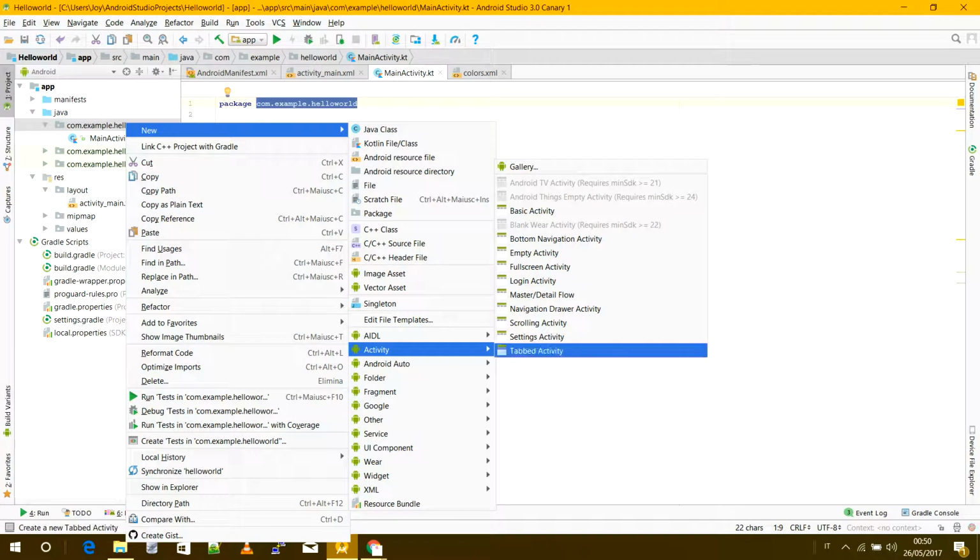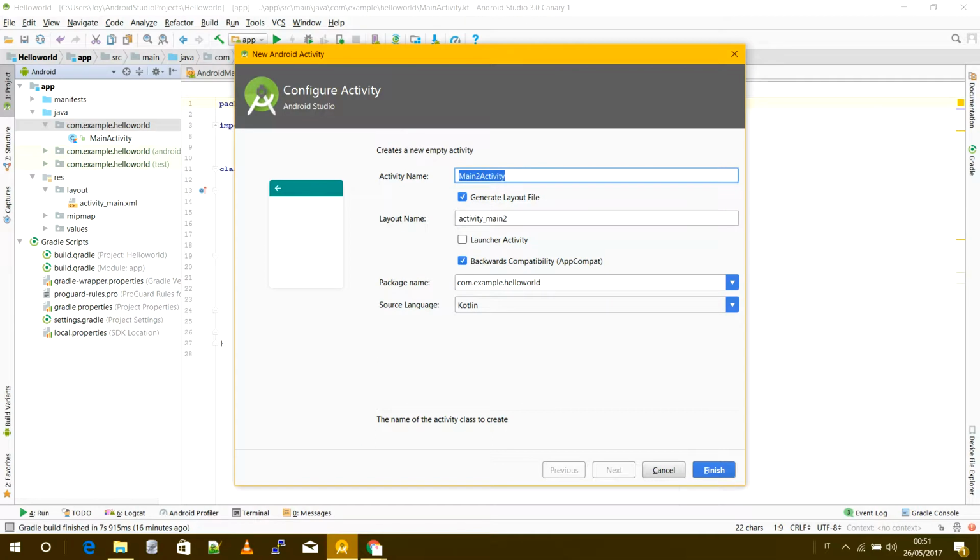You can create empty activity, basic activity, bottom navigation activity, or whatever you like. But personally, I like empty activity because I don't want to create all the unnecessary stuff using these pre-designed activity templates. It's your choice. You can choose whatever you like. But I create an empty activity and I will give a name